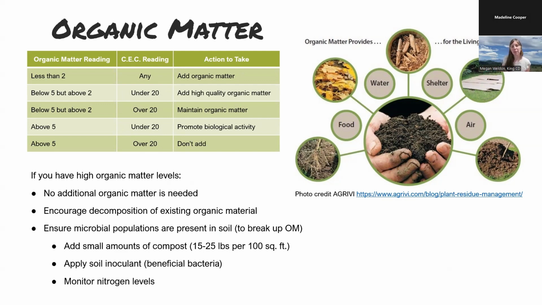You can add a small amount of compost because there are microbes in there that will help boost that activity. You can also purchase and apply a soil inoculant, which is beneficial bacteria. You also want to monitor your nitrogen levels, because if you have low nitrogen, there's not enough nutrients for the microbes to be powered to break down that organic matter. The reason this is a negative thing is because if you have too much organic matter, especially a carbon-based one like wood chips or mulch,